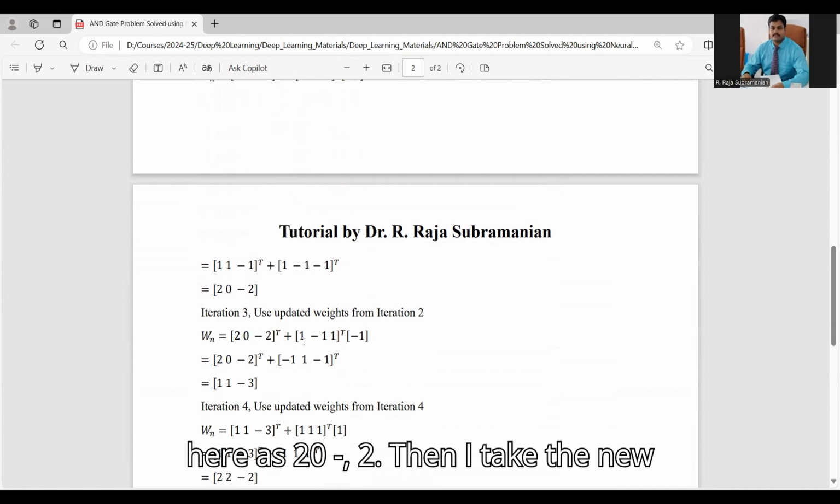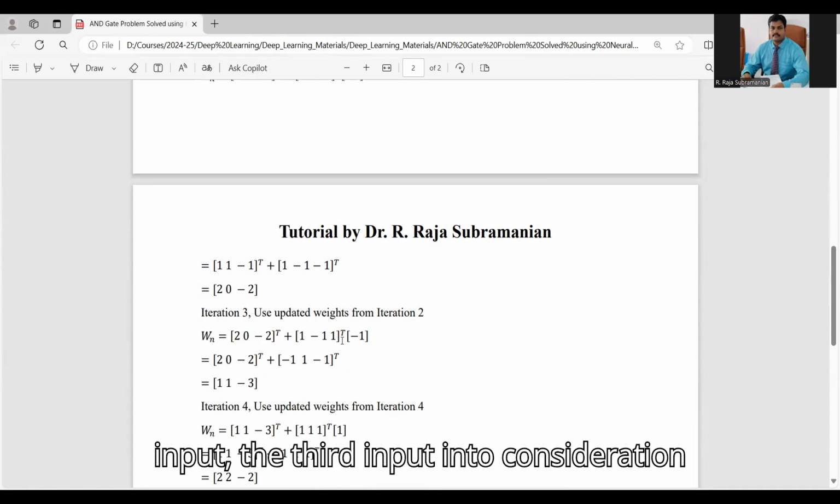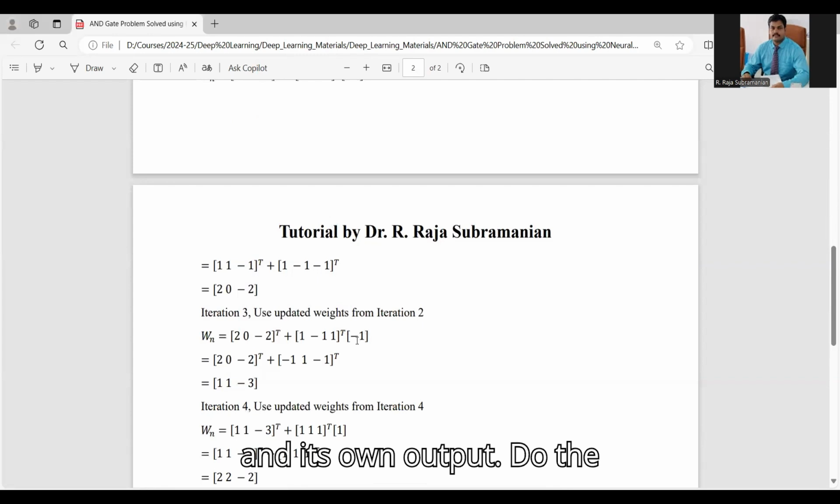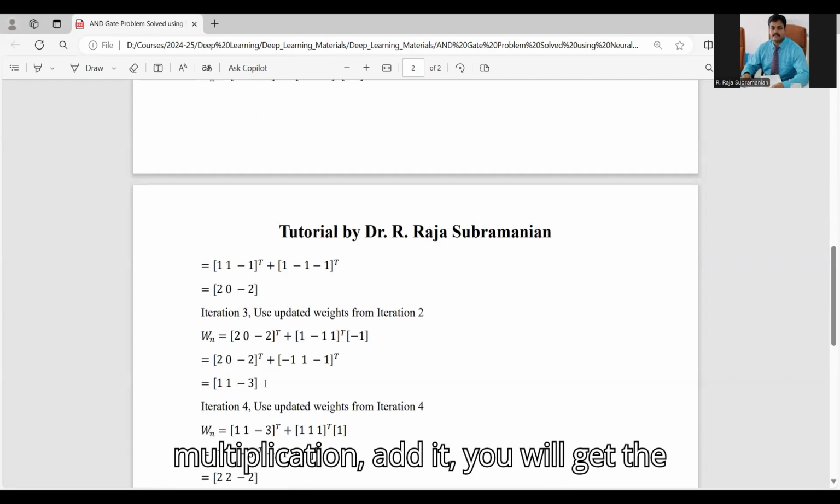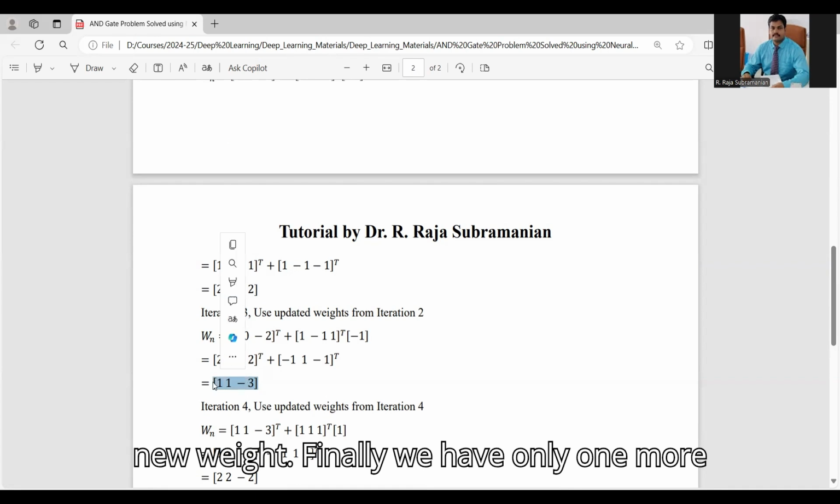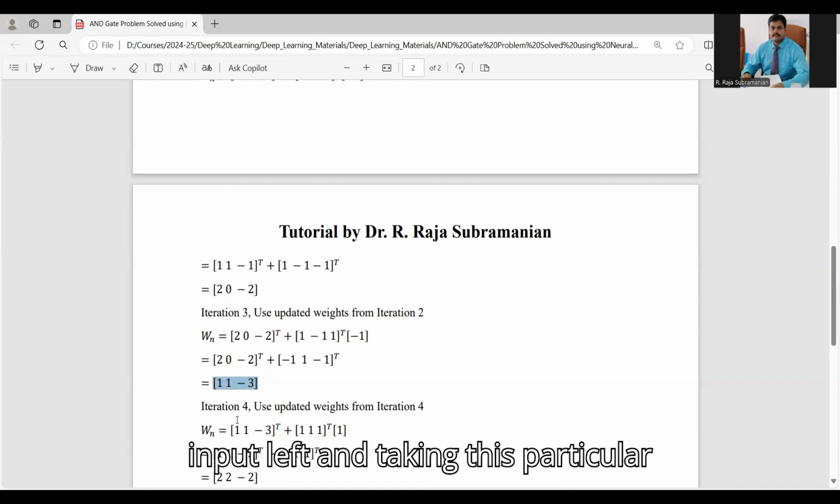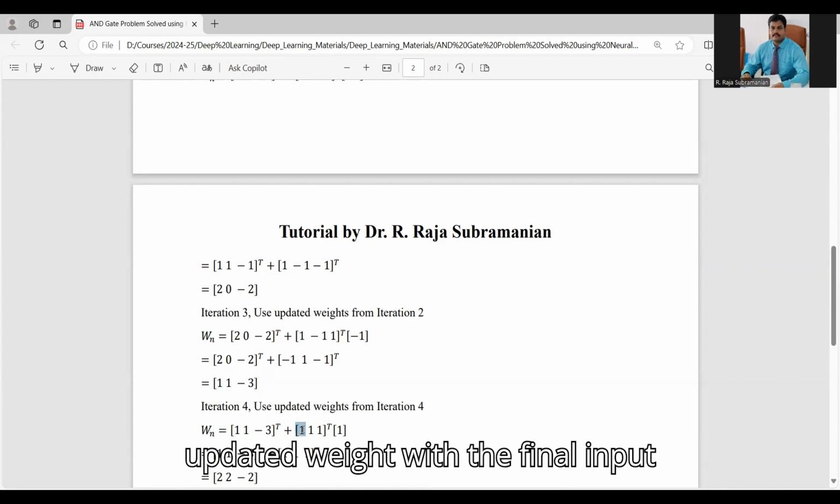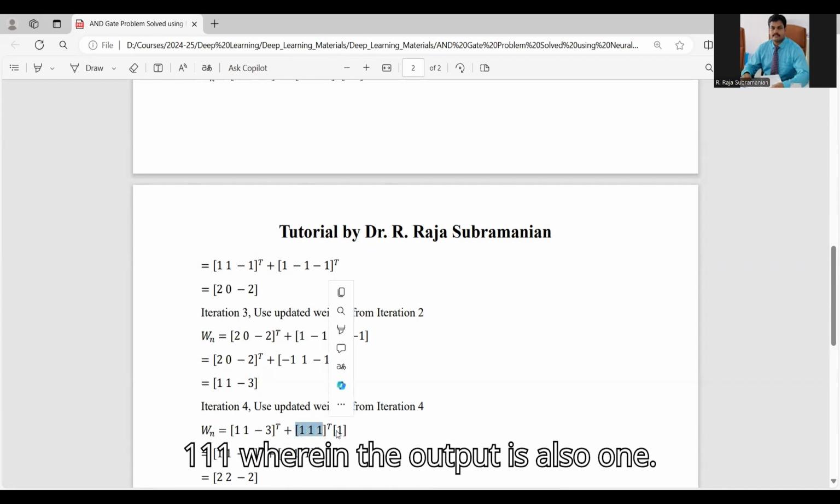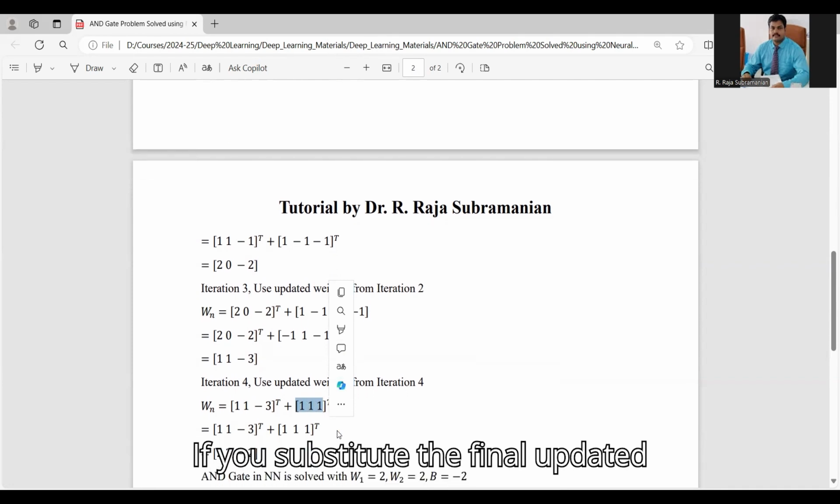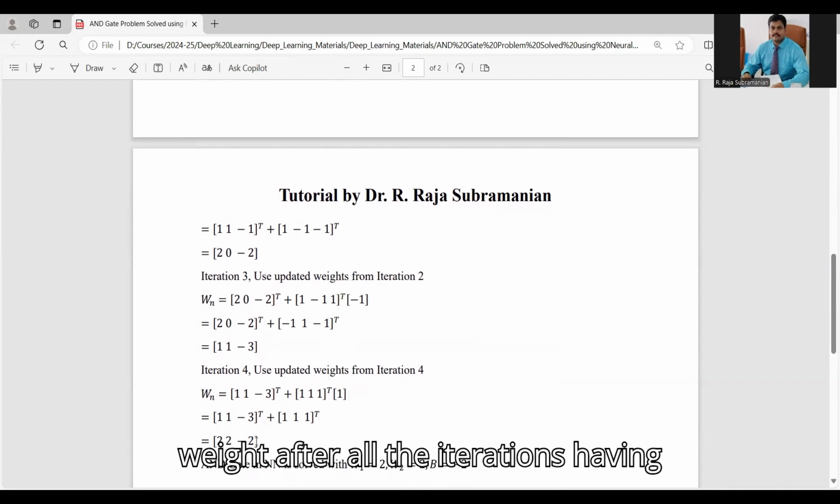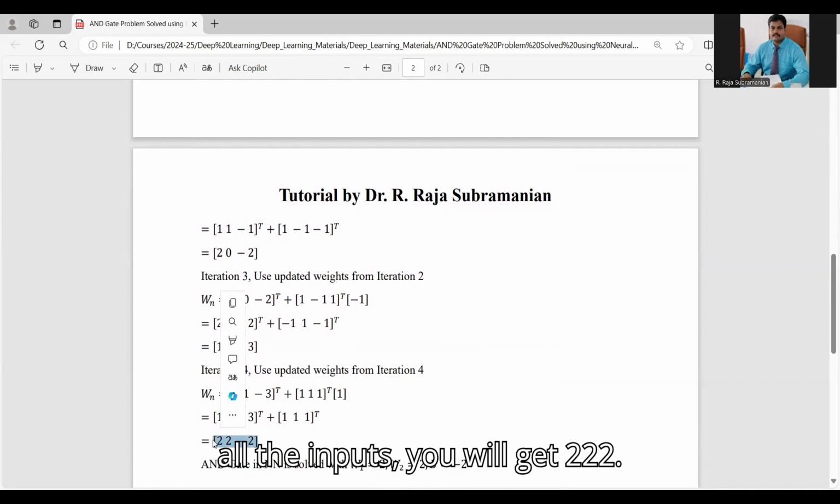Then I take the new input, the third input, into consideration and its own output. Do the multiplication, add it, and you'll get the new weight. Finally, we have only one more input left, and I'm taking this updated weight with the final input 1, 1, 1, wherein the output is also 1. If you substitute the final updated weight after all the iterations having all the inputs, you will get 2, 2,